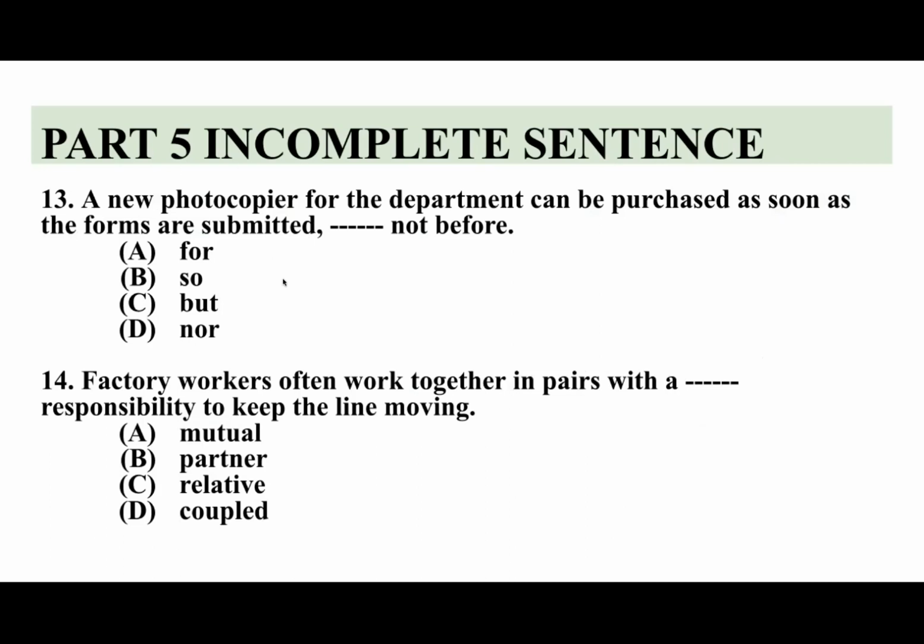New photocopy of our department can be purchased as soon as a form is submitted, not before. So basically we have to understand the meaning of it, right? Sometimes the sentence can be specified in different ways, pros and cons, in the same way or in similarity or differences. Here I'm going to say that for this question it is "but not before", just because it is contradictory to each other. Here C ครับผม ตอบ C